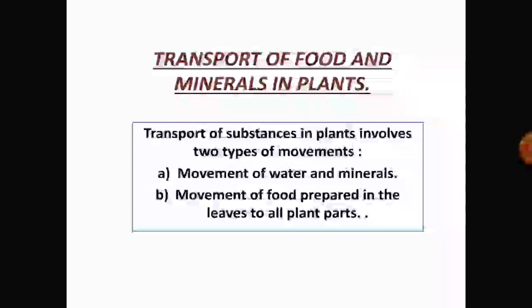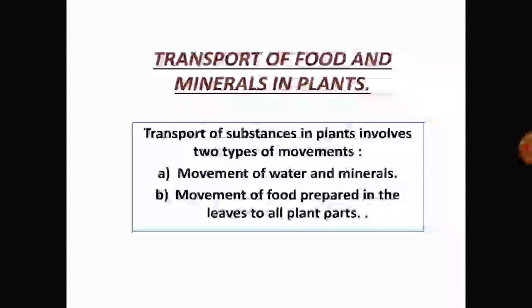So from where do they get carbon dioxide? They get carbon dioxide from the atmosphere, and they absorb water and minerals from the soil through their roots. So this absorbed water and minerals